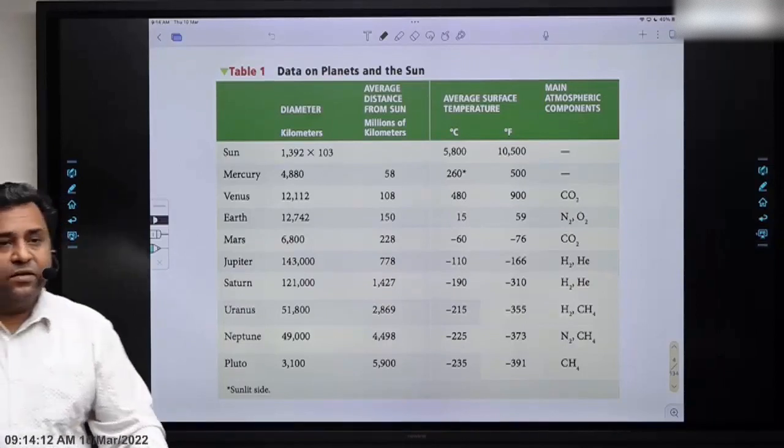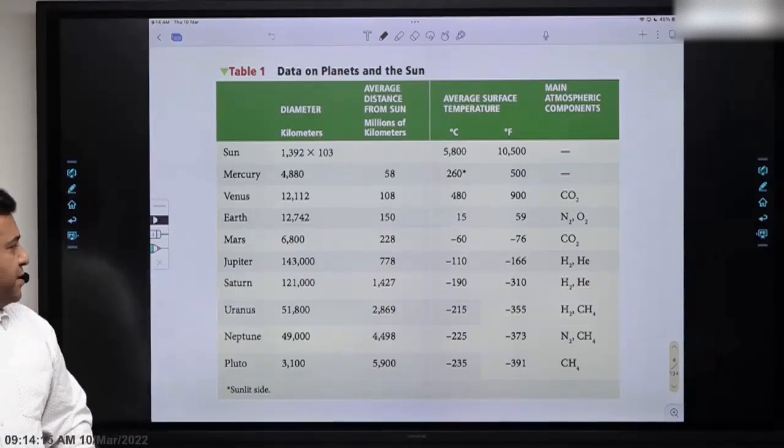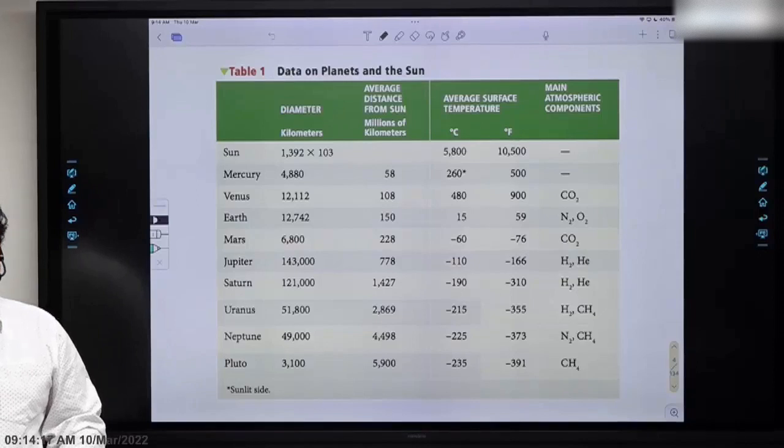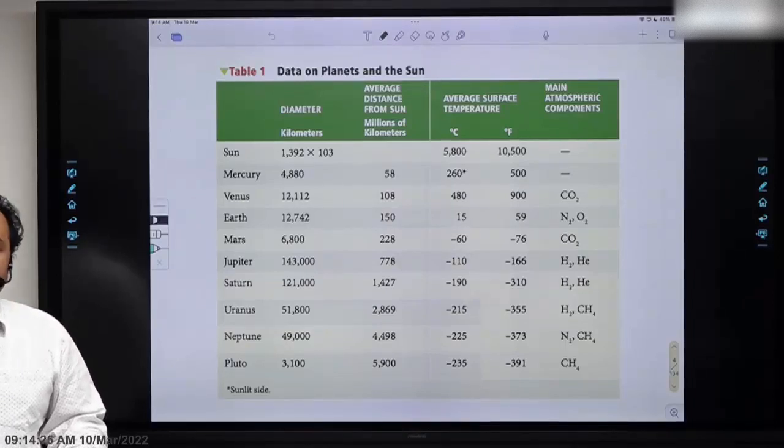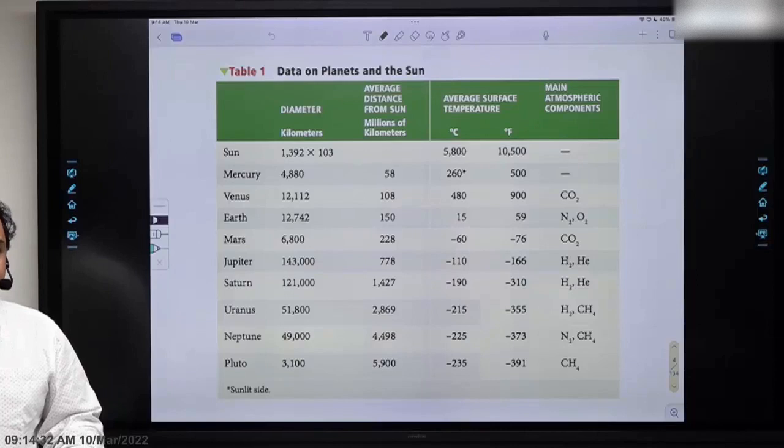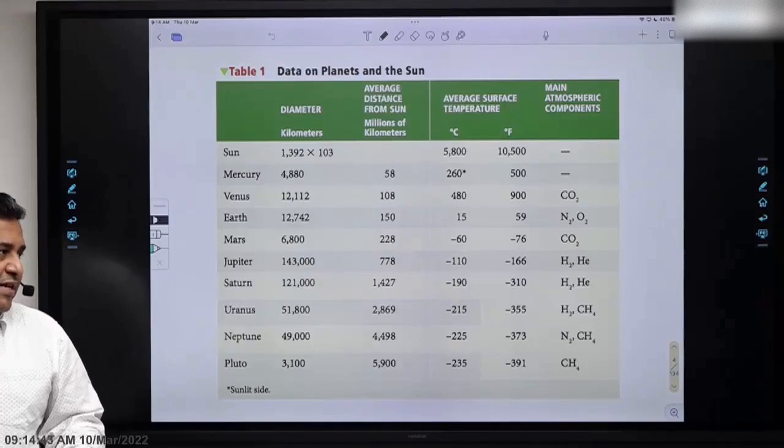Mars has carbon dioxide, then Jupiter has hydrogen and helium, which means the outermost gaseous layer of Jupiter through which we can see is made up of hydrogen and helium. Even the remaining part of Jupiter is made up of gases only, but there it has an opaque nature. That's why we see the planet. So what you see as Jupiter are the opaque gases. What you don't see is the top layer, which is the transparent gas of Jupiter. That's the atmosphere of Jupiter.